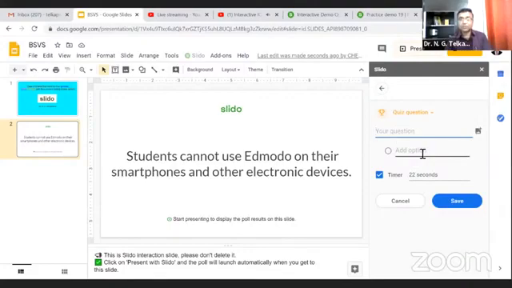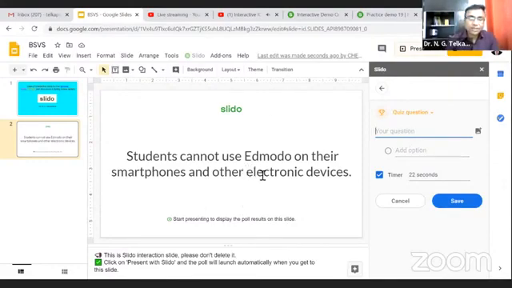So there are two different platforms. First, there is an app-based platform available, then a web-based platform is available, and third, by using Google Slides, you can integrate it to this Slido by using the add-on platform from Google Marketplace, and you can create the live poll or live quiz through this platform.